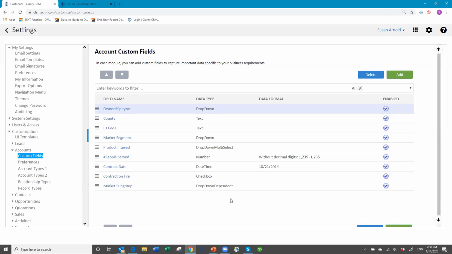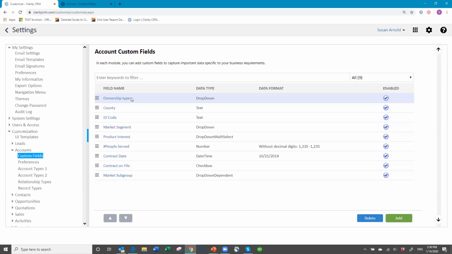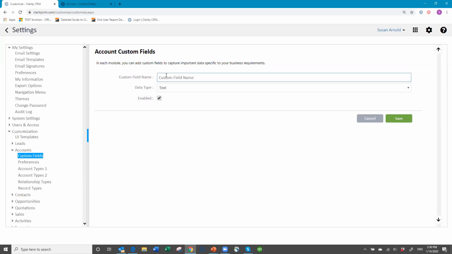Now, another field is called a text-dependent field. So it's similar to the drop-down, but instead of having a drop-down list, you will have a block of text that is dependent upon what you pick. So first of all, I'm going to create the parent field. Maybe this could possibly be for different types of policies or something like that. So I'm going to type policy